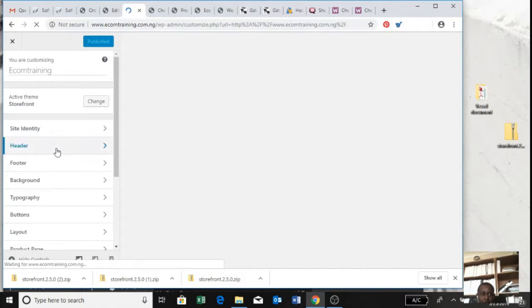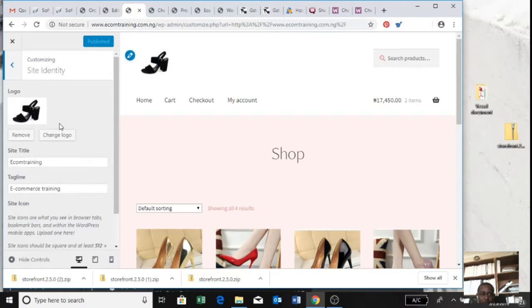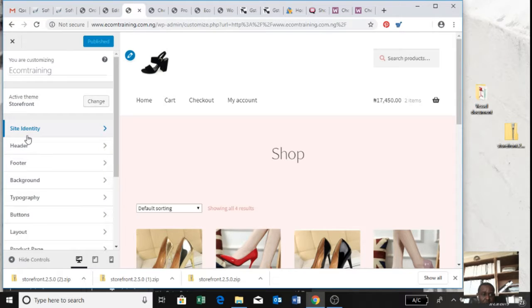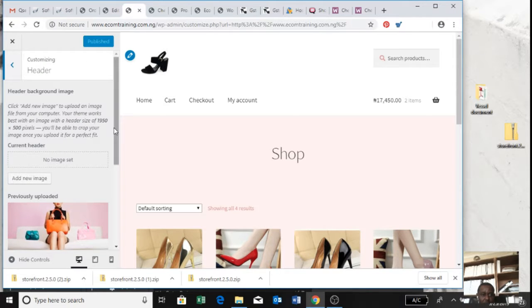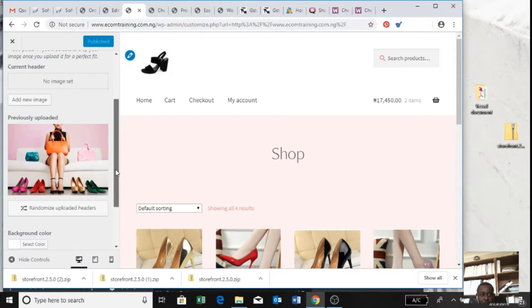Let me show you: go to customize, go to identity, you put your logo. I just put this logo now. You click change logo if you want to change the logo. You can effect this, the site name, the title, which I just did now. You go back, the heading,